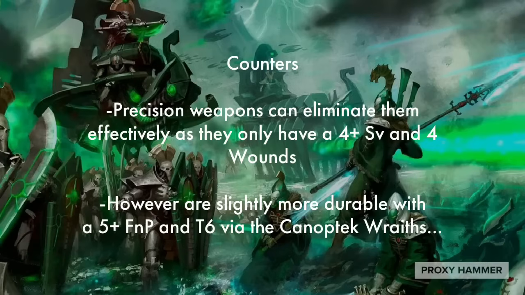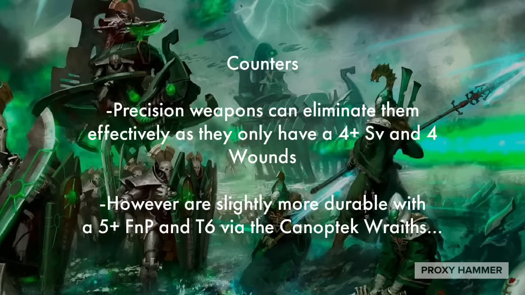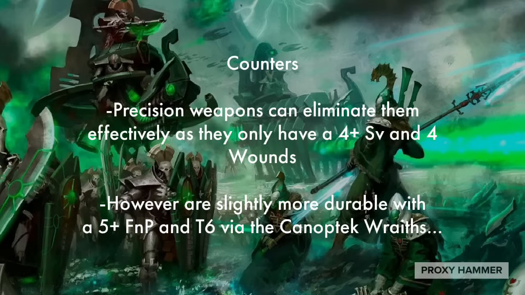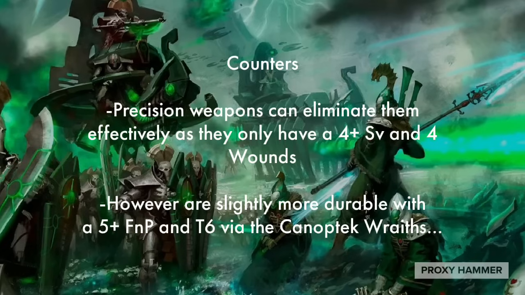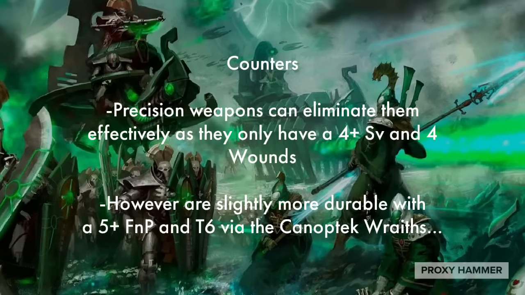So what are his counters? Well, even though he is more durable, precision weapons can still eliminate them pretty effectively, as he only has a 4+ save and 4 wounds. So despite the toughness 6 and the 5+ Feel No Pain, if you're still able to shove enough precision weaponry through, you have an Eldrad in there, or maybe a squad of Shroud Runners, and you have a unit of Rangers firing at him and you get line of sight, you can still kill him